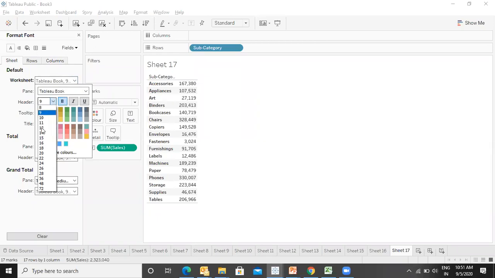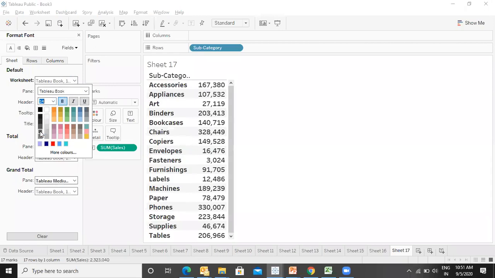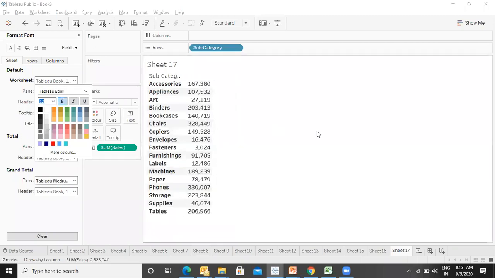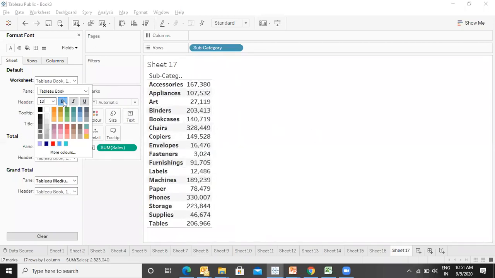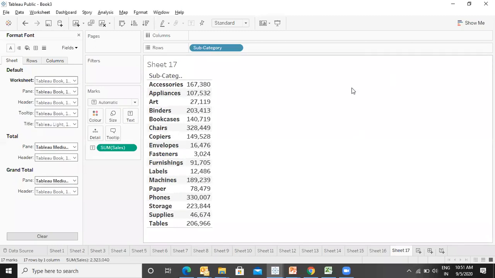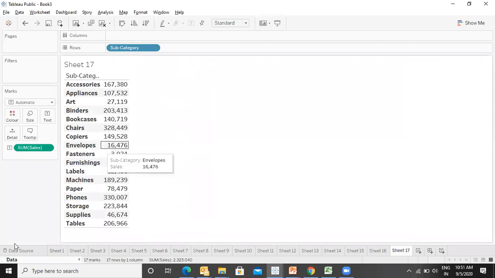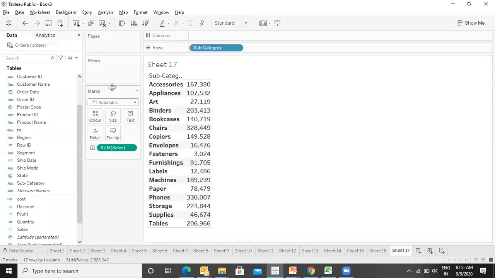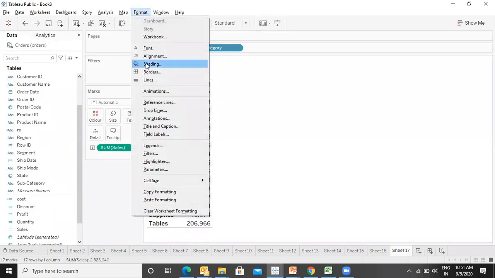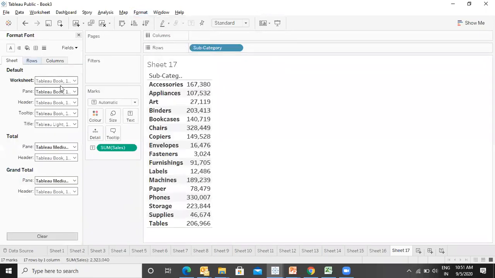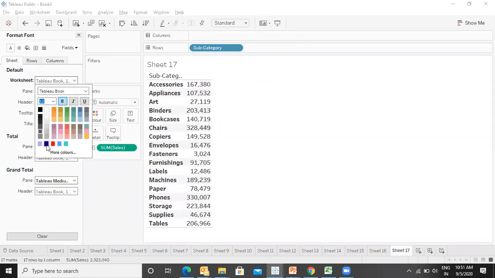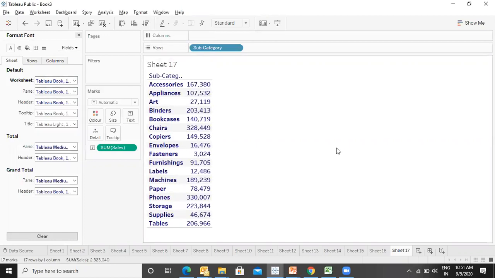I am just increasing the size. It is not mandatory. I'm just making it more prominent, for you to get the visible difference. This is better. This is good.